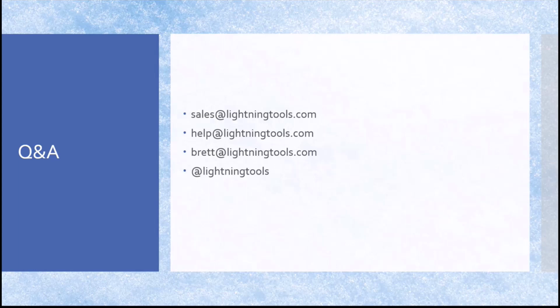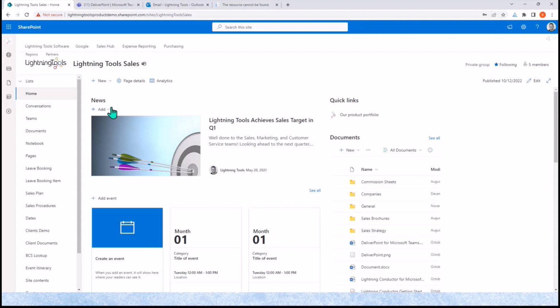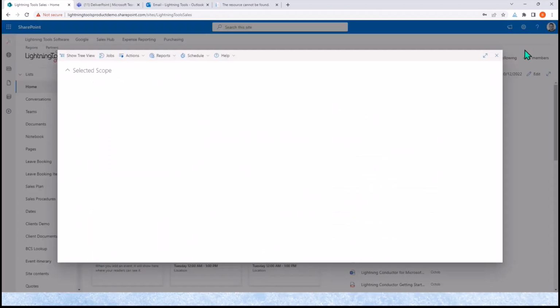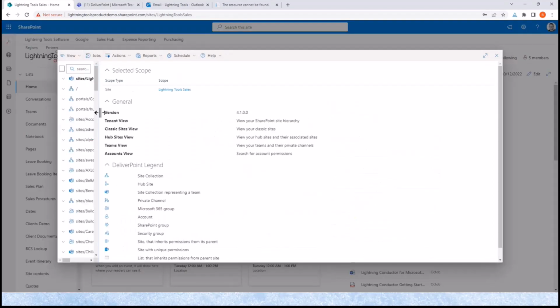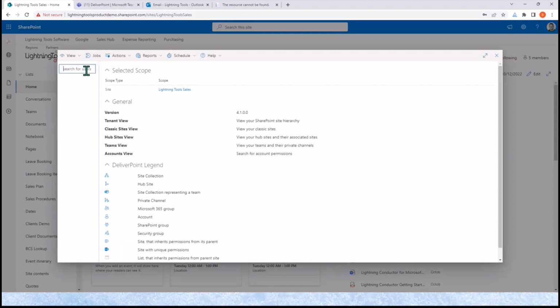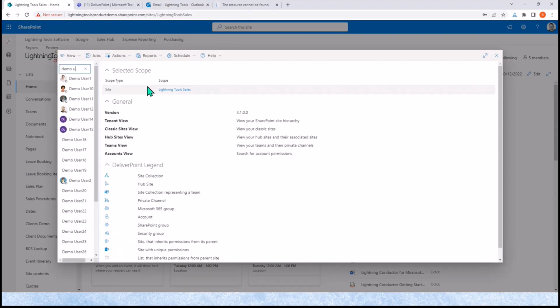All right, so the question is about showing how to access the accounts view again. Yeah, let me jump into that one. So the question was, how do I show the accounts view? As I go into the main DeliverPoint, there are two places you can run it from. You can run it under accounts view. I can do a search for a particular user,